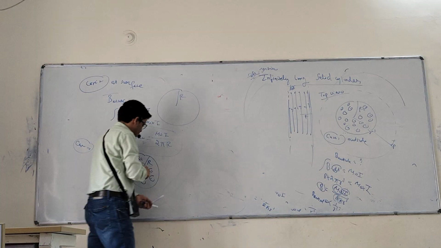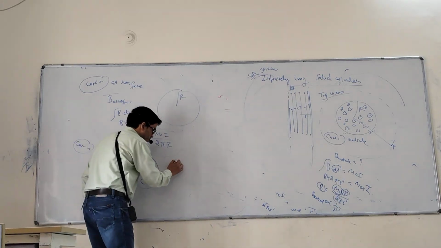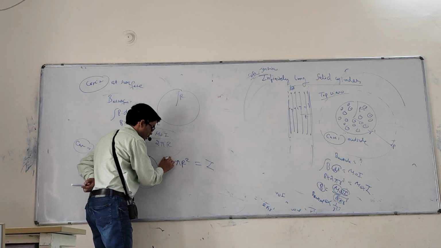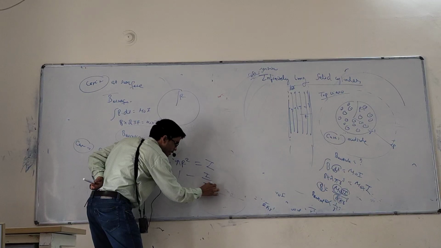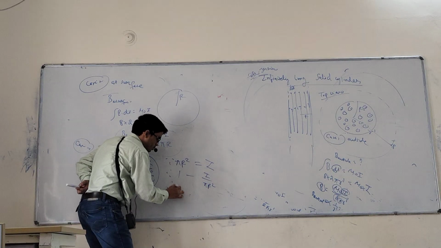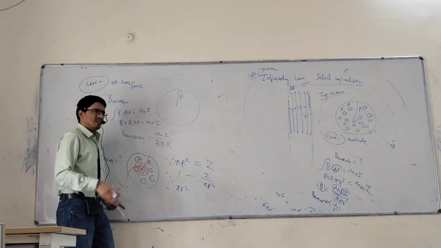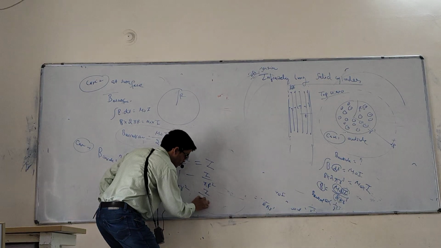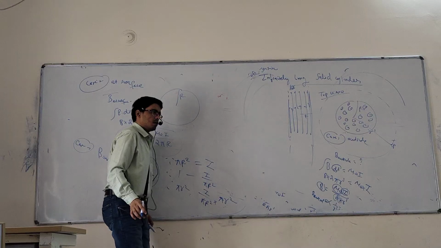So I want the current through this small area. Not getting here, right? See, pi R square. What is the current value? Capital I. So through one, what is the value? I upon pi R square. Through this, pi into small r square. I have small r square inside, that is the Amperian loop. So what is the value now? I upon pi R square into pi into small r square.